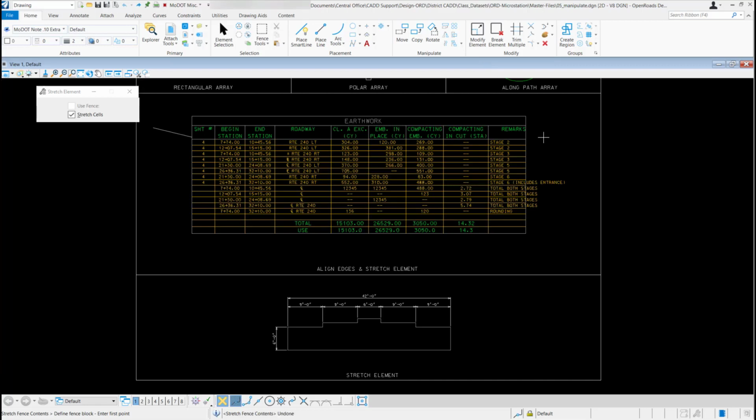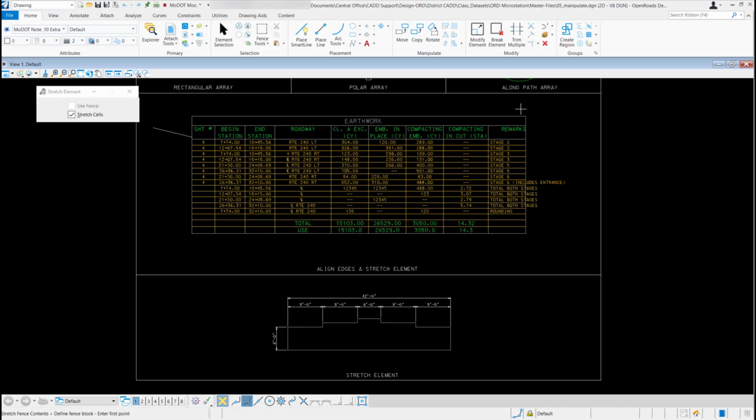Up here in this earthwork quantity block, well, it looks like they put in some text and it doesn't quite fit in the quantity block. So if I want to stretch these horizontal lines out to get all this text inside the quantity block, I can do that. So all I have to do is go up and left click somewhere above all the elements I want to stretch.